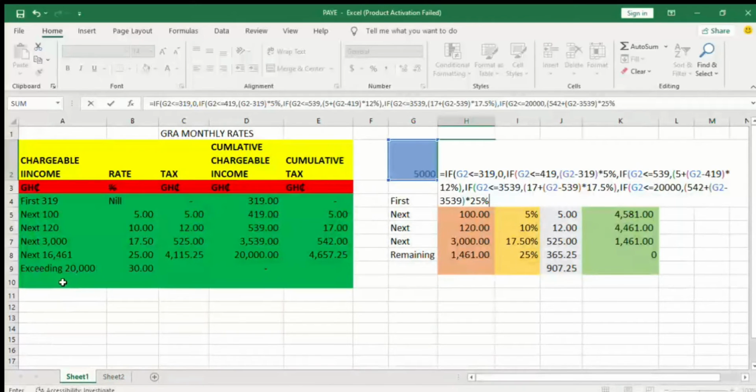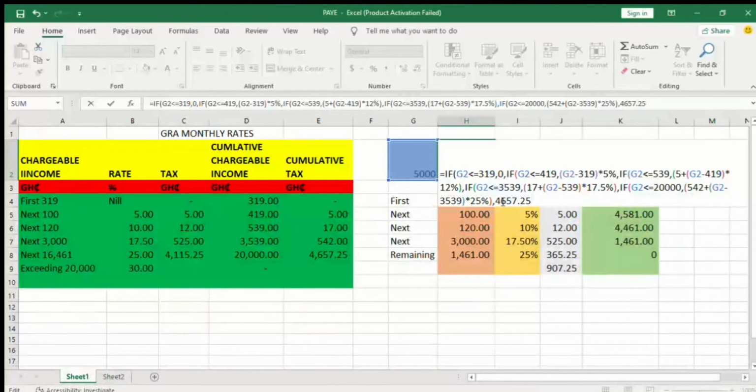So we have those who are earning more than 20,000. So you bring your comma here. Okay, let's close this bracket before. You close the bracket, then you bring your comma. Then at this level, we have accumulated a tax of 4,657.25. So we bring it here, 4,657.25. You need to be careful about the figures. You need to make sure that you've entered the right ones to get the correct amount.